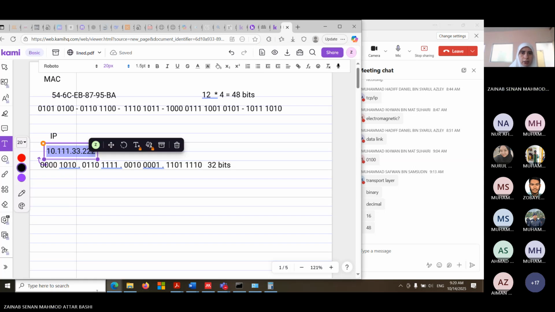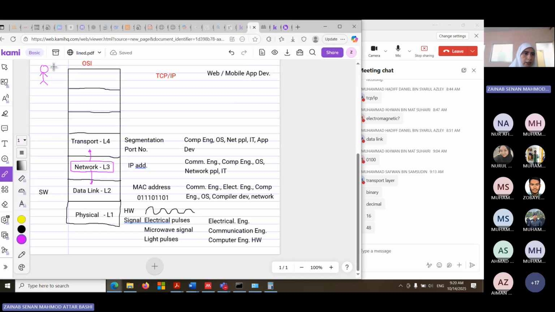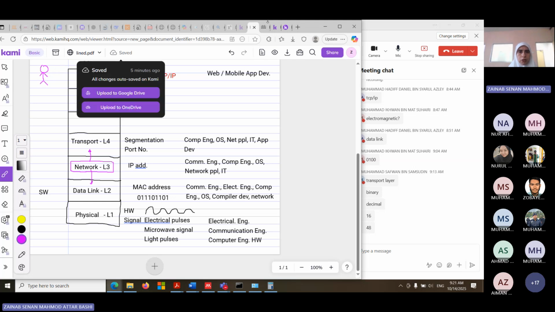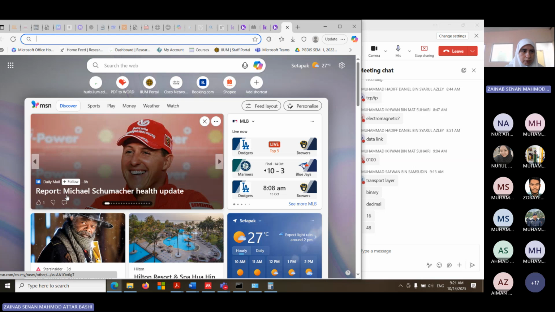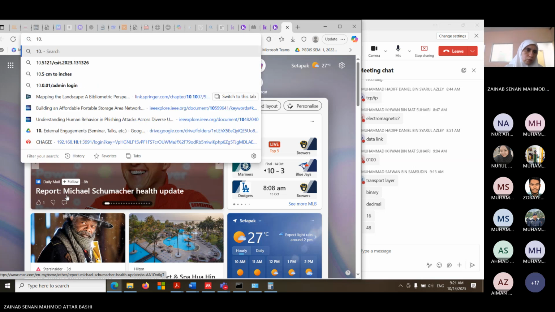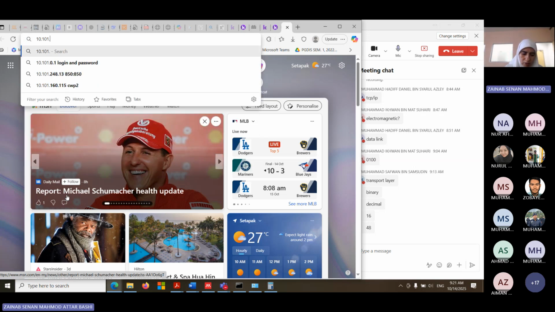However, again, if we go to our layers, as you come nearer to the user, numbers are not a preferred thing. If I tell you to use the web browser to go to IIUM website, what will the IP address be? 10.101.250, I think, .20.